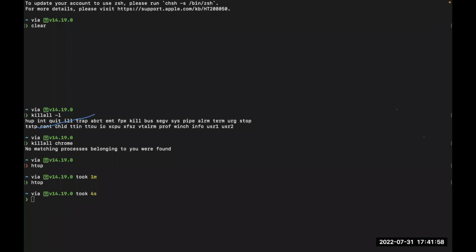Okay, let's look at the next one, which is basically exit. I also wrote in the comments that you can use Ctrl D to exit. So you see, I was able to exit. I was in Bash, right? I just exited out of Bash, and this took me back to the default shell that I had there.